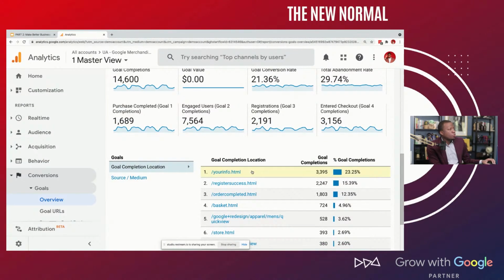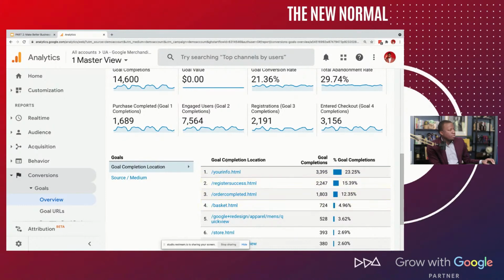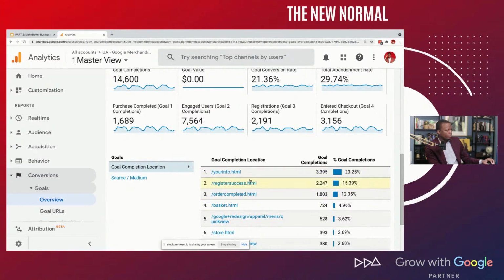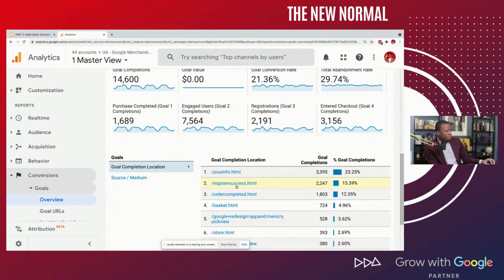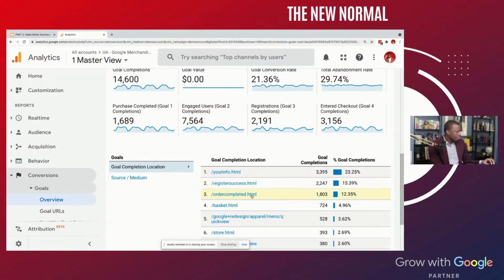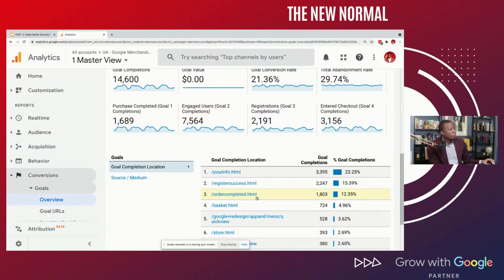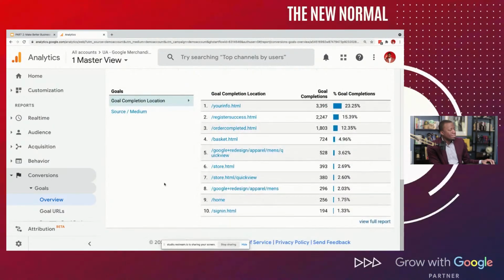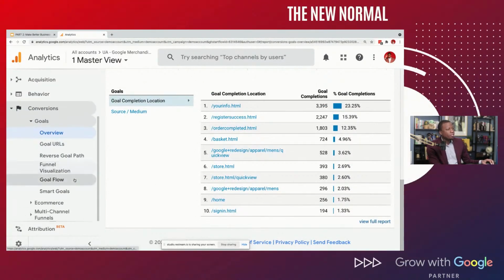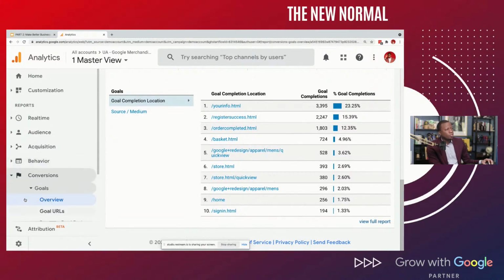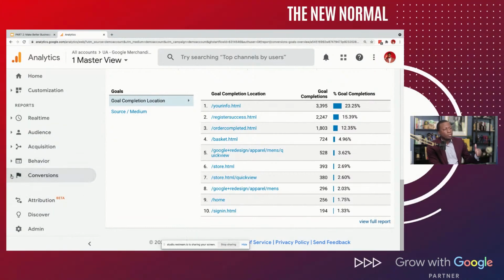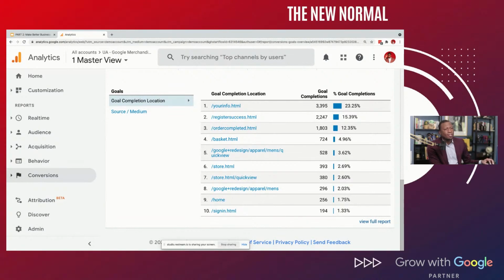And once again, going to conversions, it'll tell you what pages have the most conversions. You see the first one, second one says registered success, order completion. That means somebody made an order on the website, and that's why it's a goal. So once again, goals are something that I'll say are a little more advanced, but you want to begin to think about what are those conversions for your website. What are the things that you can track? And those things you track are always not sales, but they're things that lead up to a sale. So you want to find a way to track those.